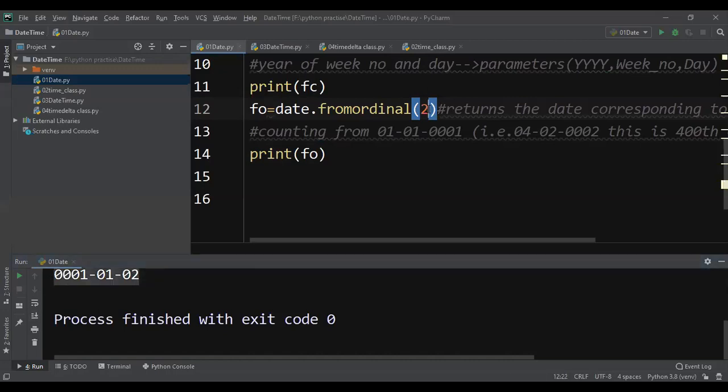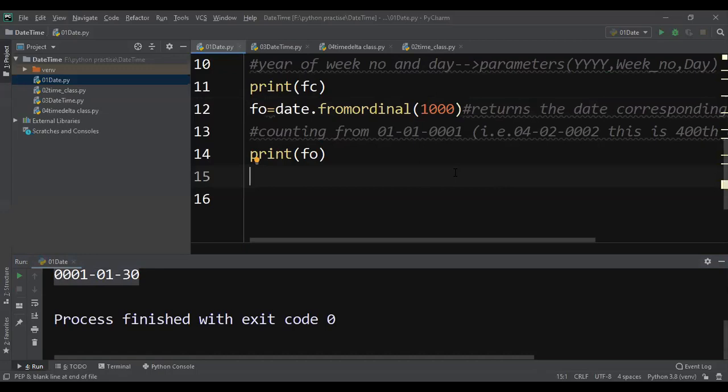Now if I mention here 30, so that means obviously it is 30th January 0001, right? And now if I mention 1000 days, what is the date after 1000 days from the ordinal value, right?